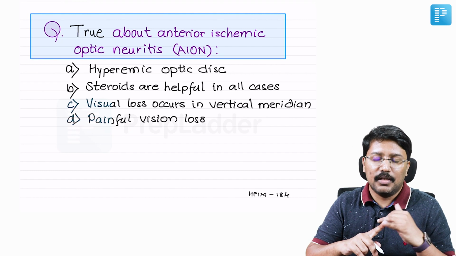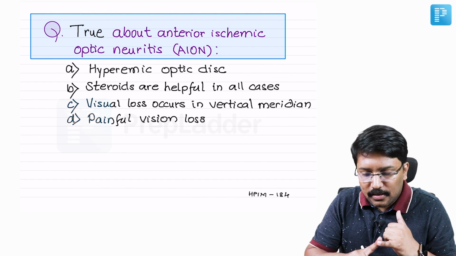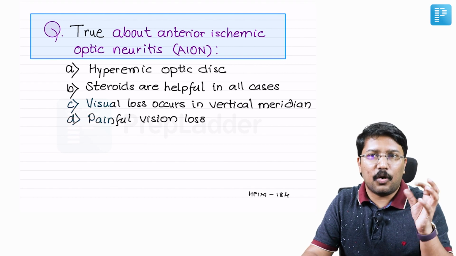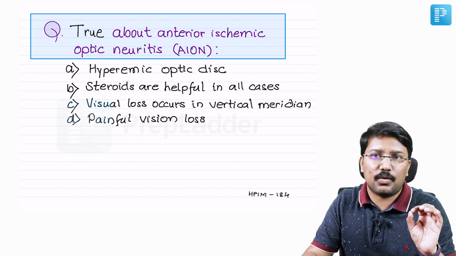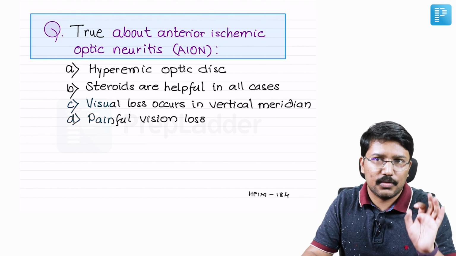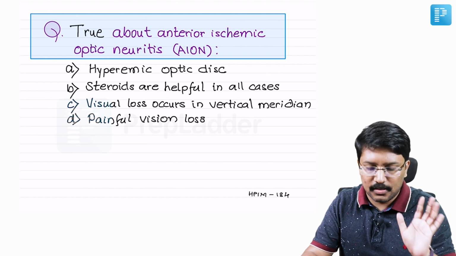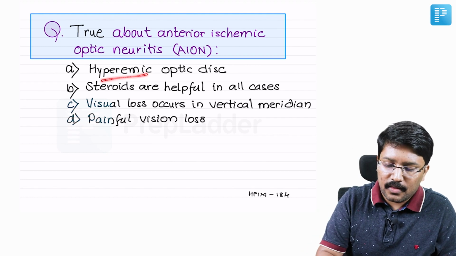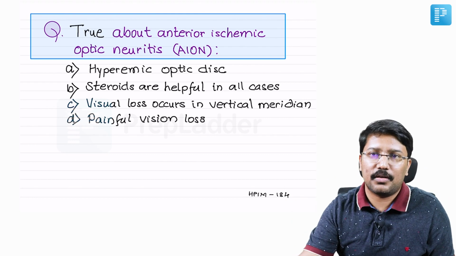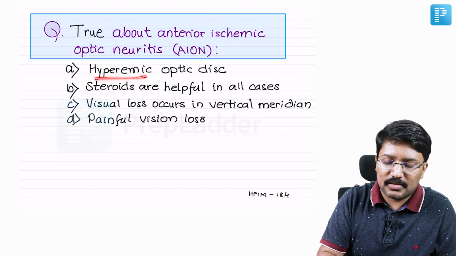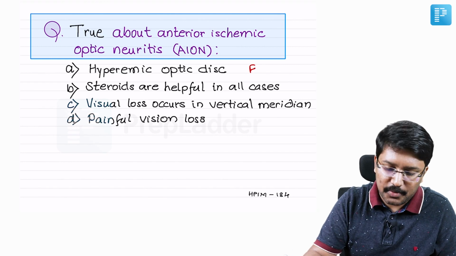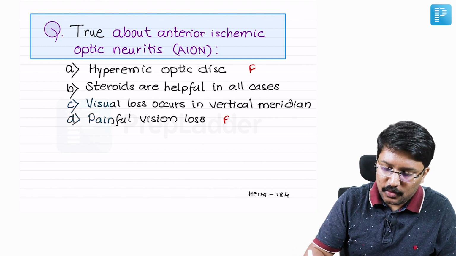That is point number 1. Okay, the second point I want you to learn is, in Harrison, he divides them into the anterior ischemic optic neuropathy. So when we say anterior optic neuropathy, it is primarily the disease which is affecting the disc. Okay, so disc is the one that is affected. Right? So the disc usually becomes pale. Pallor of the disc is an important clue to think of anterior optic neuropathy. So hyperemia is not seen there. So this is also a false statement, right? So option A is a false statement. Then option D is a false statement.